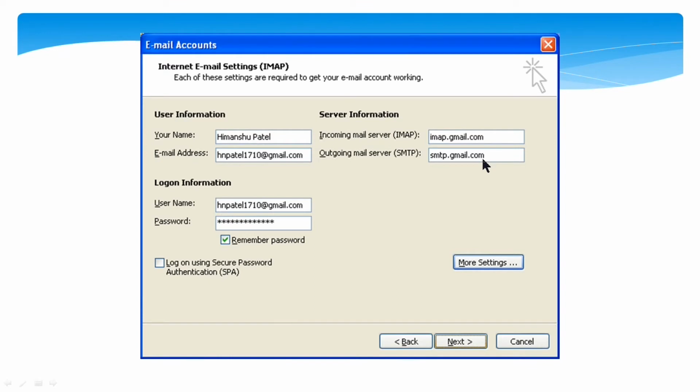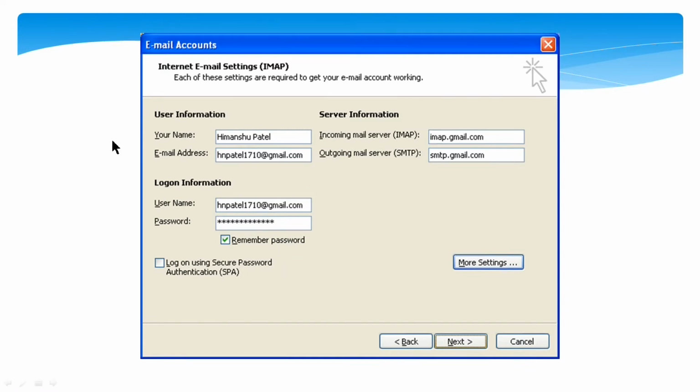You have to type exactly like this, and in logon information you should provide your email address and whatever password you have used for that account. And if you click on this remember password checkbox, then it remembers the password and never asks you again.